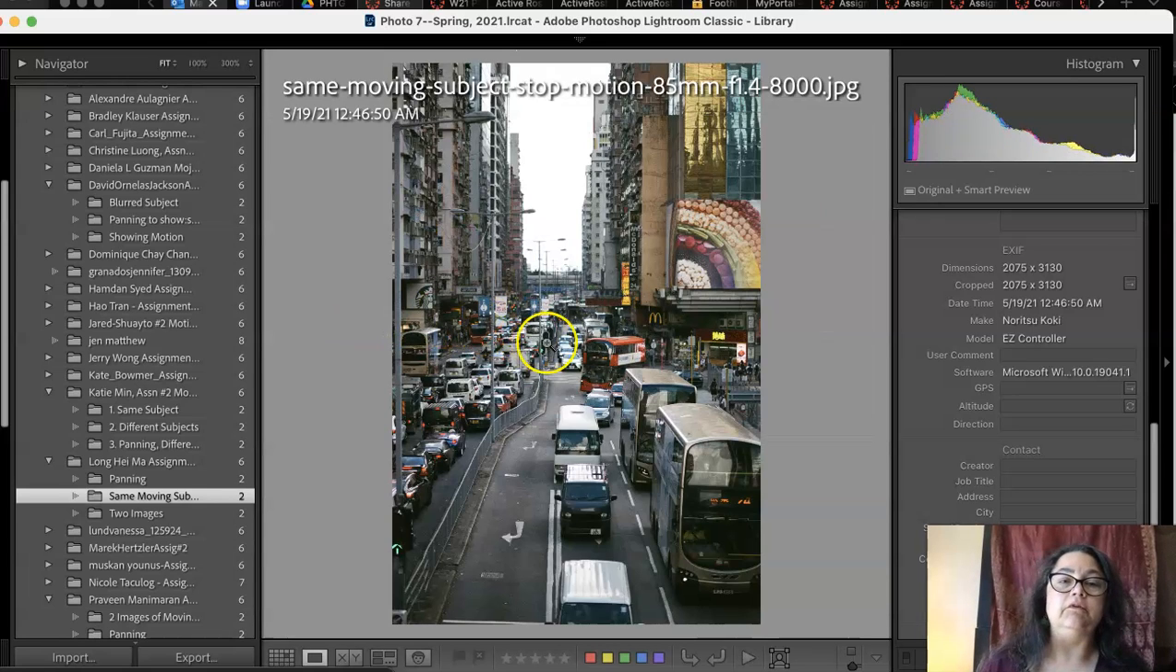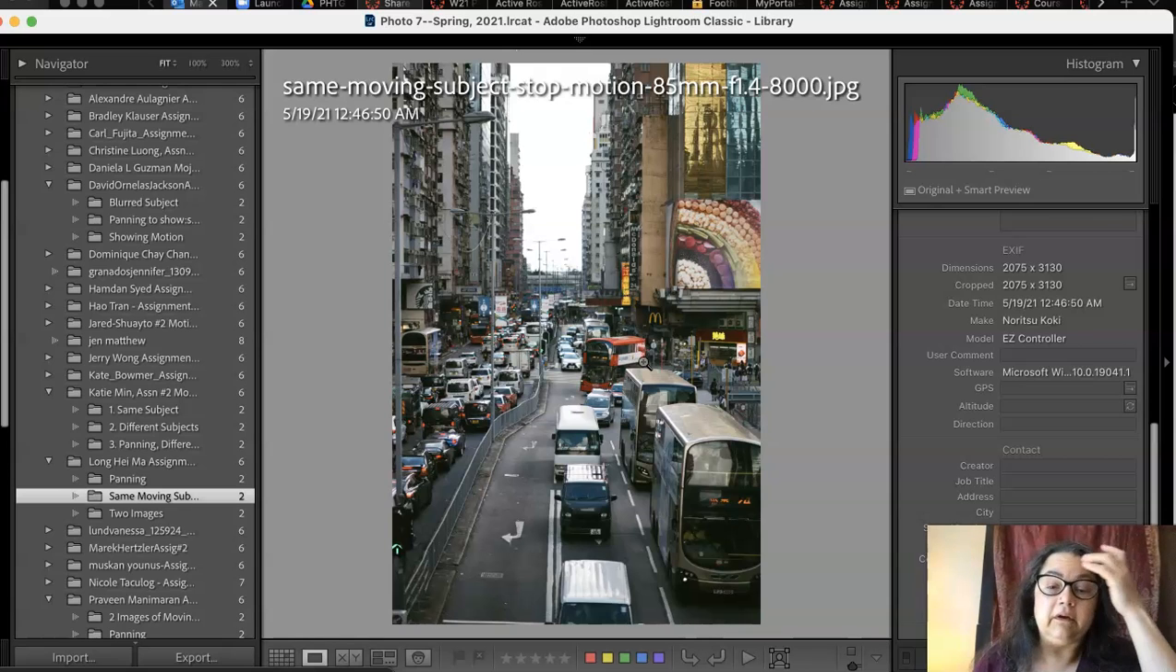Good job. So you used a fast shutter speed here, an 8,000th of a second, very fast. The only thing is they look as if, you know, the traffic is stopped. And in fact, there's so much traffic, we can imagine that it was stopped anyway, right? So we don't get a sense of motion here, but of